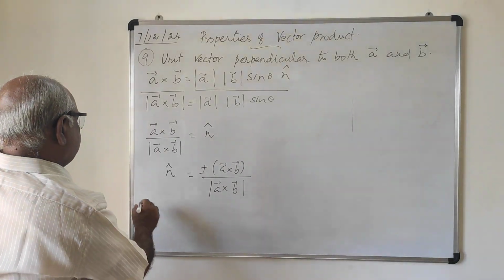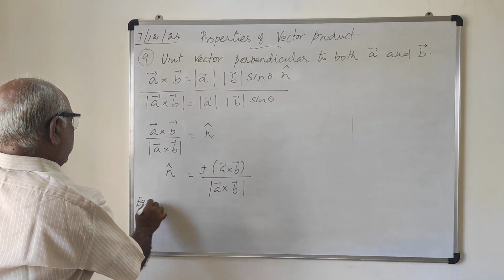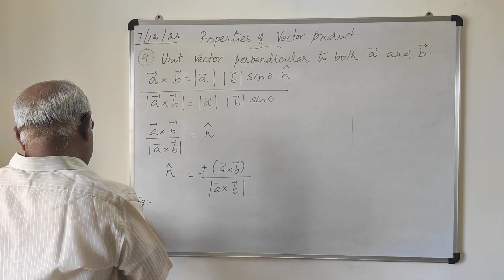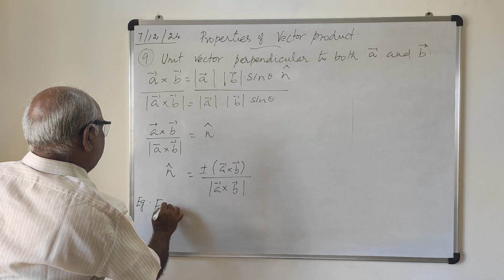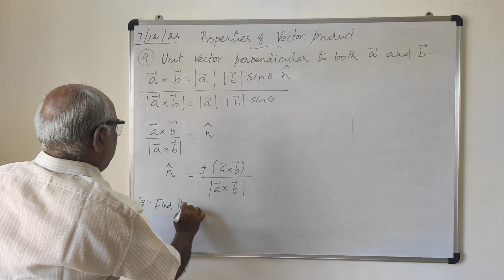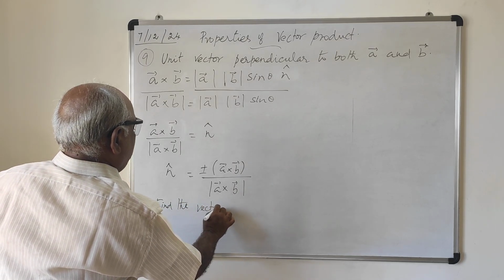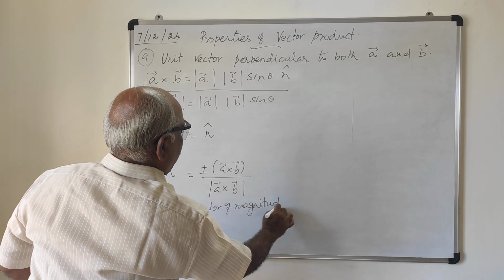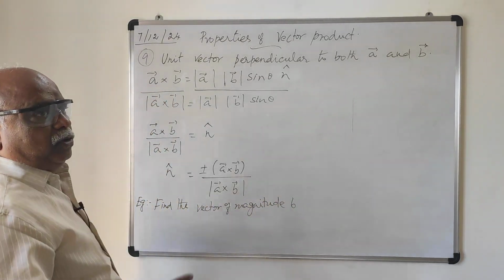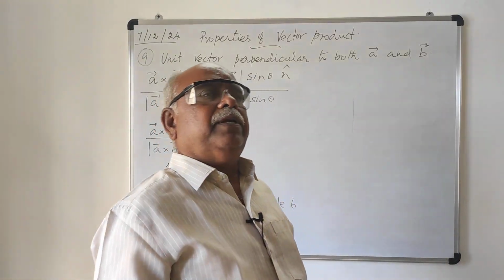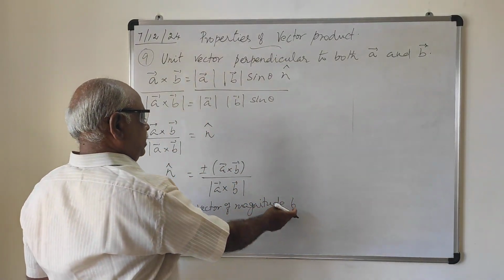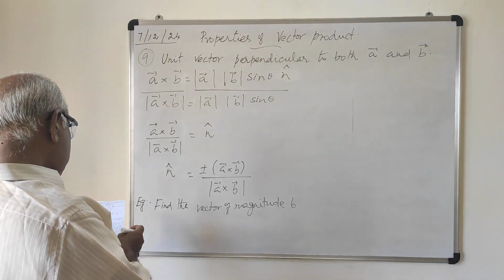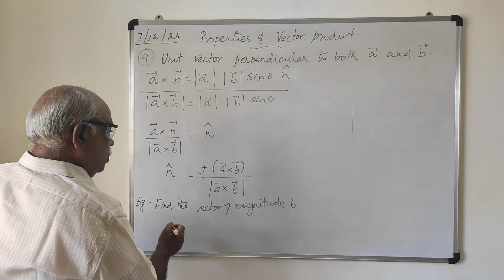Now see the example: find the vector of magnitude 6 units. So take the unit vector, and then multiply by 6. If you multiply a unit vector by 6, you will get a vector of magnitude 6, which is perpendicular to